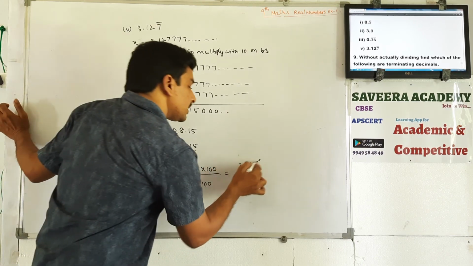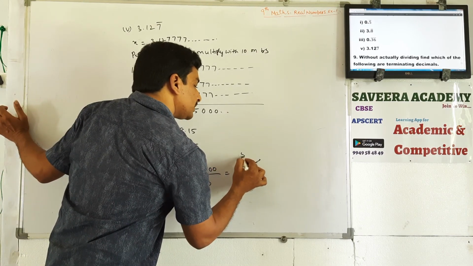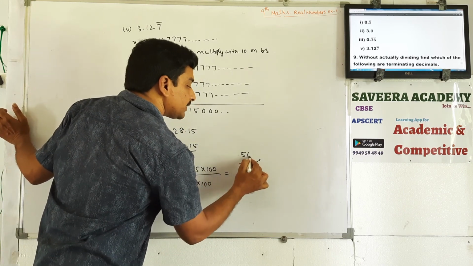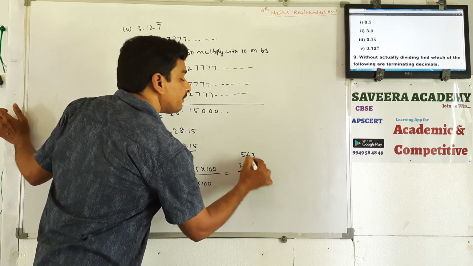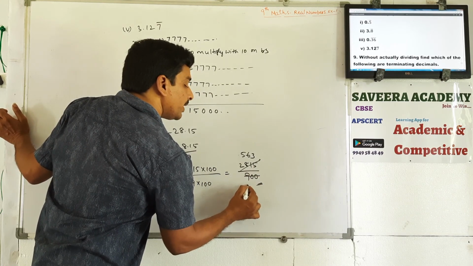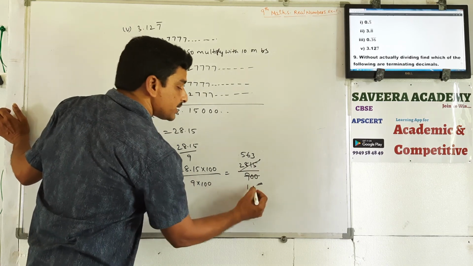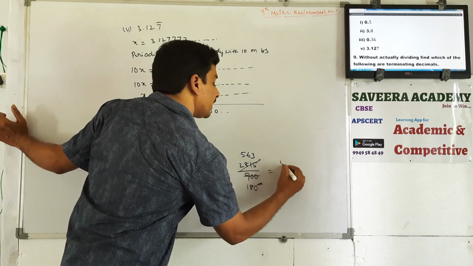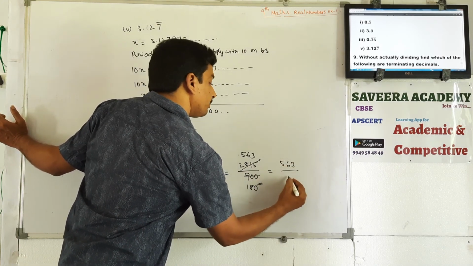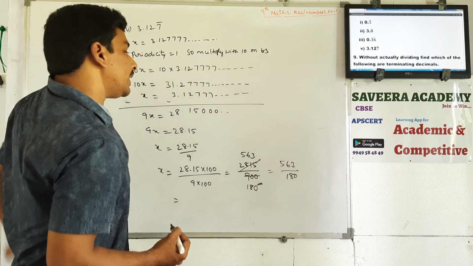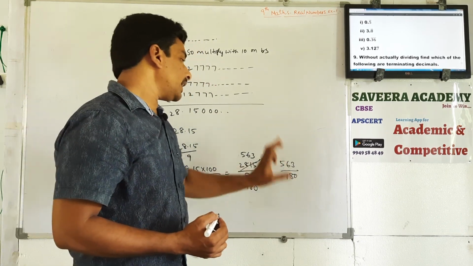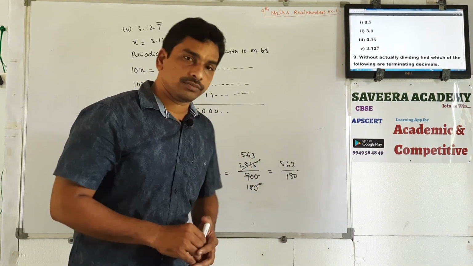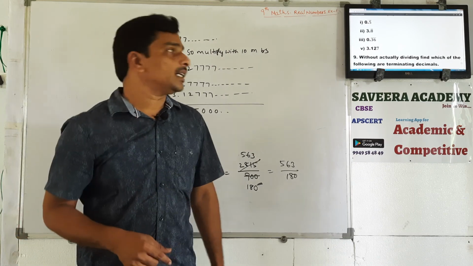Here also we can cancel by the 5 table. How many times? 5 5s are 25, 3 is there, 31. 6 5s are 30, 1 is there. 3 5s are 15. The 5 table here, how many times? So 1 time it goes, 4 is there, 40, 8 5s are 40. So this is equal to 563 by 180. Any table will go? The 3 table will not go, the 9 table will not go. So that is the answer, that is the answer you have to